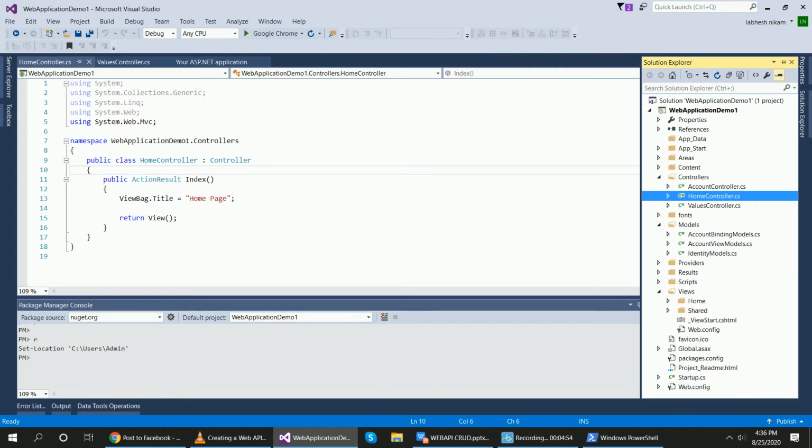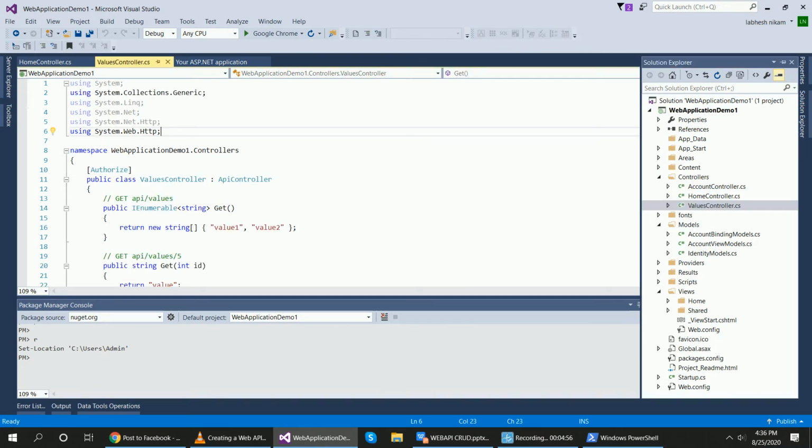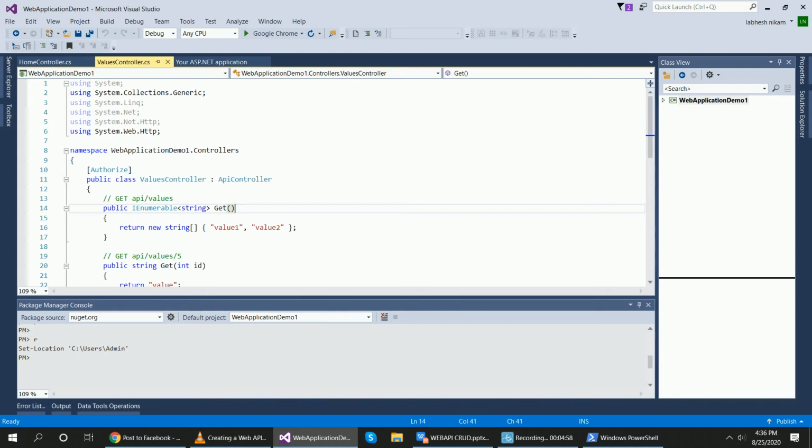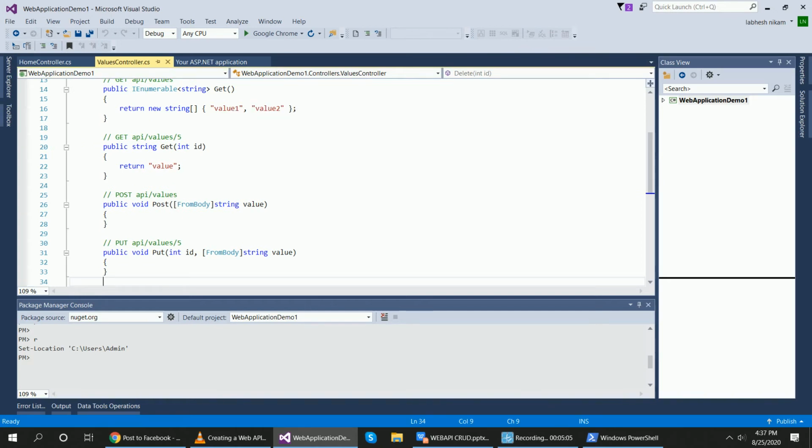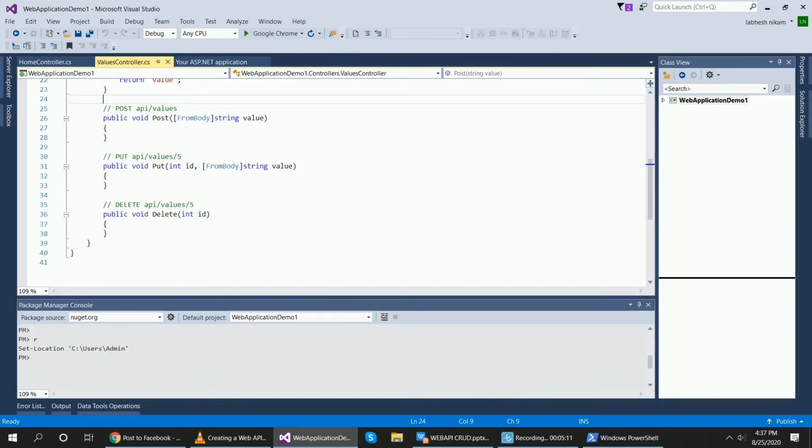Okay. Inside of ValuesController of Web API, the ApiController, there are all the methods: get method, get method with parameter, post method, put method, and delete method, right?